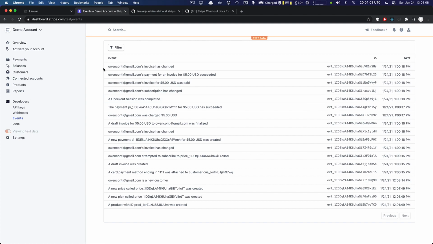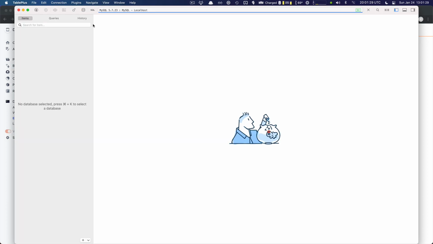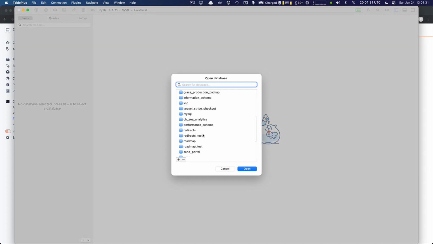Throughout every one of those events, Stripe is firing off webhooks to our server to let us know what's going on. Behind the scenes on our server, Cashier is taking that information and saying, okay, we have this customer ID, which was attached to my user account behind the scenes. The subscription went through for that product. So now when we check our database, we can see